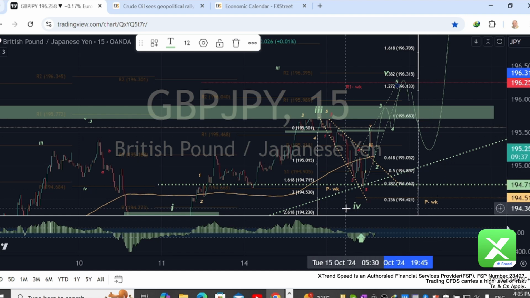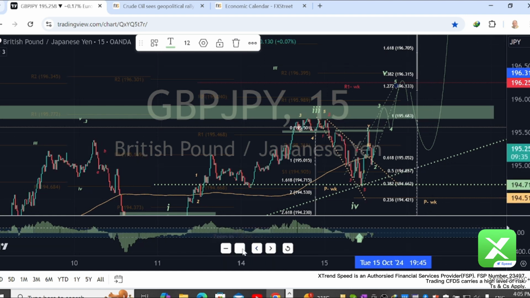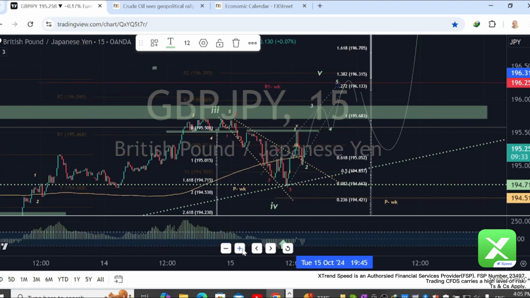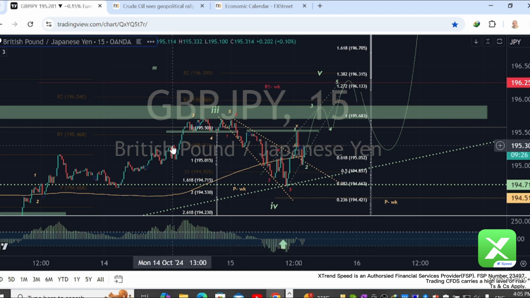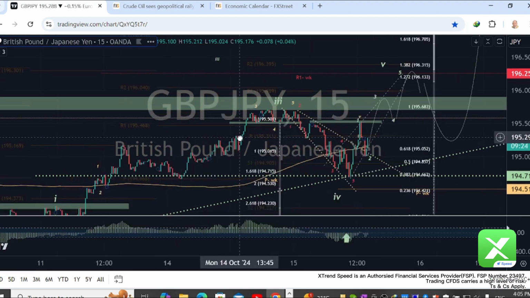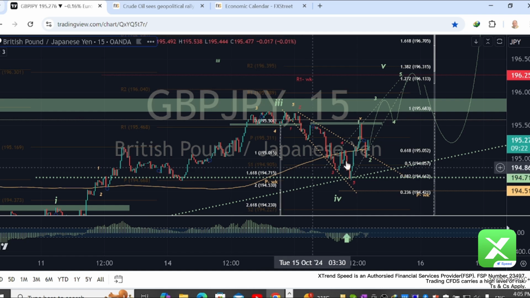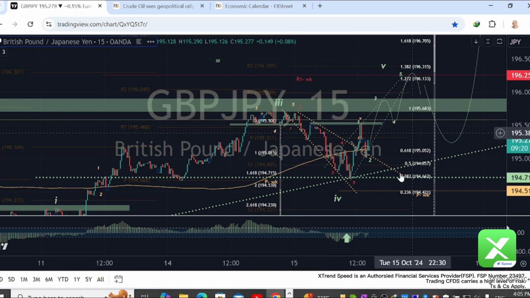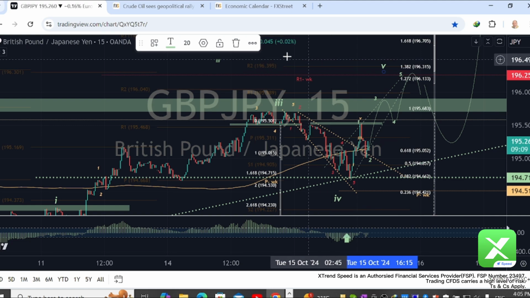All right, it depends again on the fundamentals, especially the CPI tomorrow. Once that is released, I believe we're going to have a more volatile sterling against the yen, irrespective really of the readout of the CPI. If the impact is to the downside, it's still a buy because we can see we're going to get something like an ABC here before the market moves higher, both sides to the upside. So with that leg 5 at 196, we expect to see